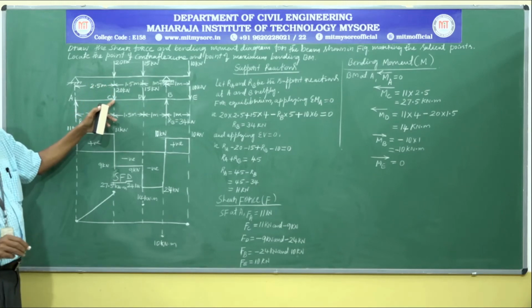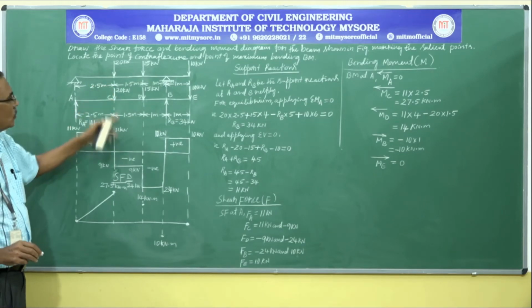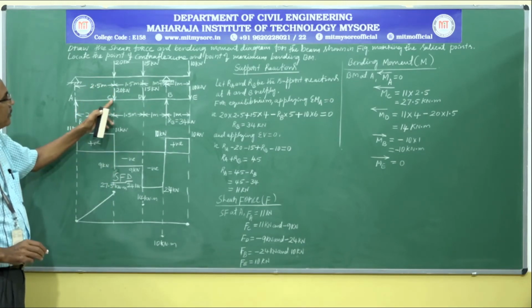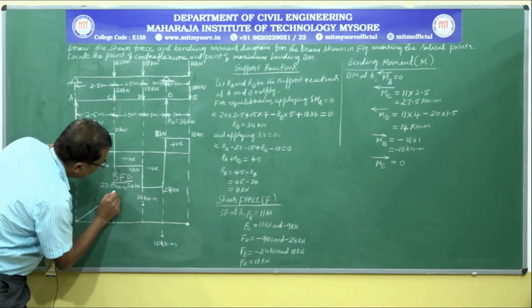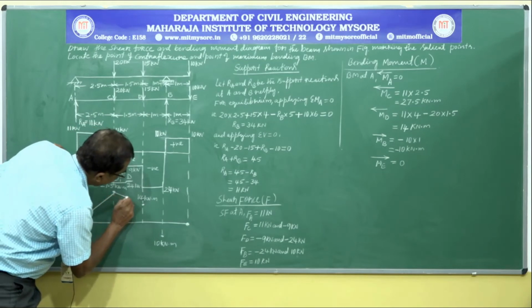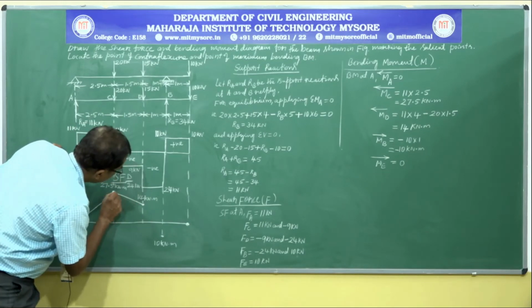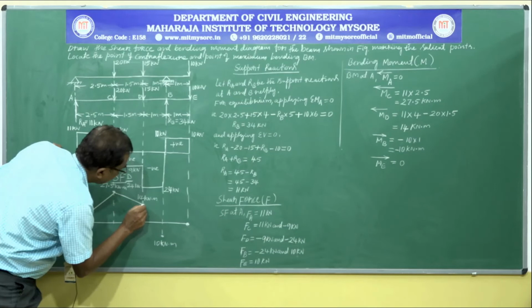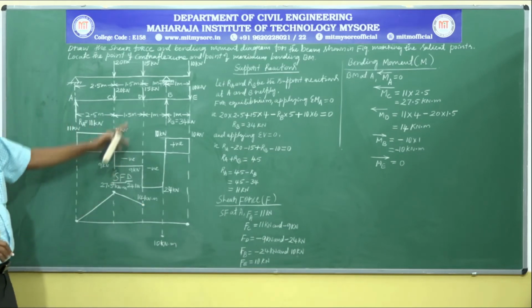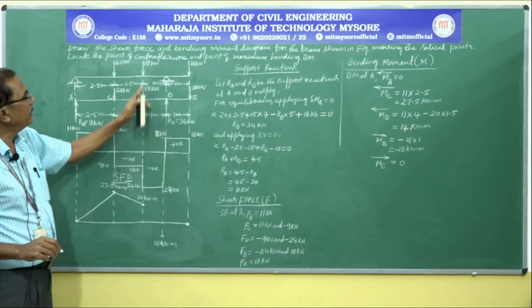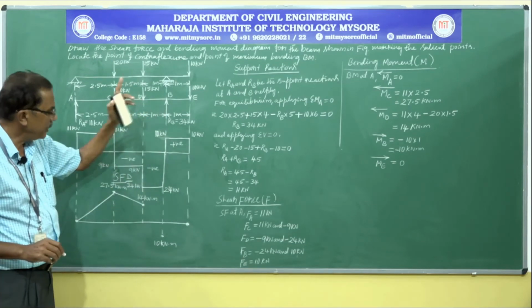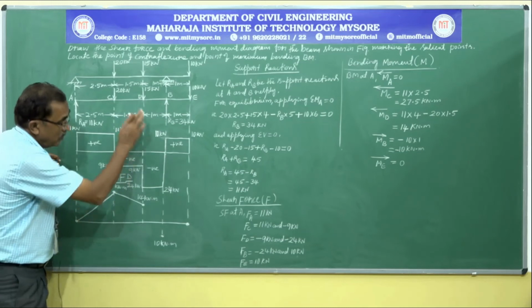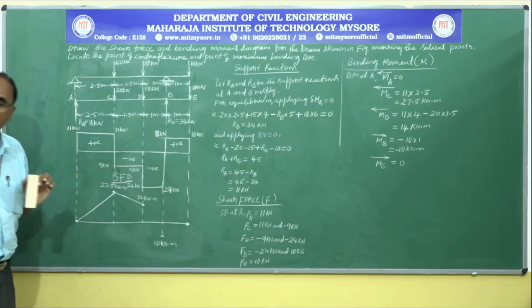At point C, there is a point load. For point load, there is no change in the bending moment diagram. Between C and D, no loading condition. For no load, the variation is a linear line. Again at point D there is a point load, no change in the bending moment diagram. Between D and B no load, the variation is a linear line or inclined line.